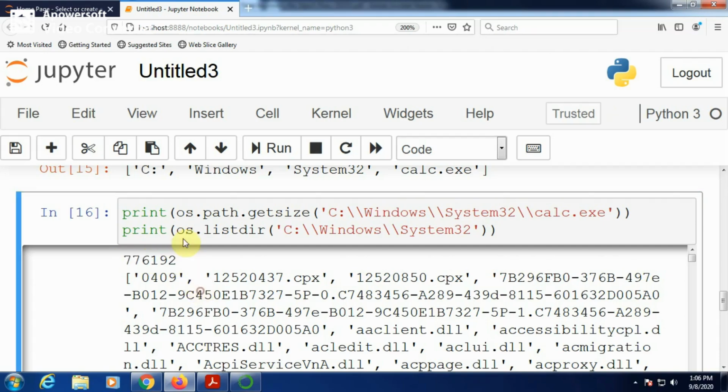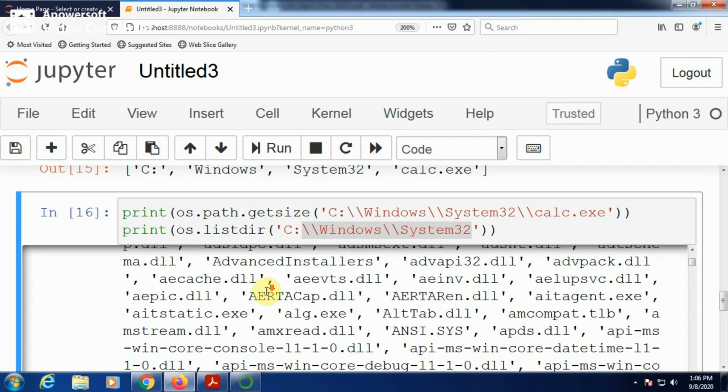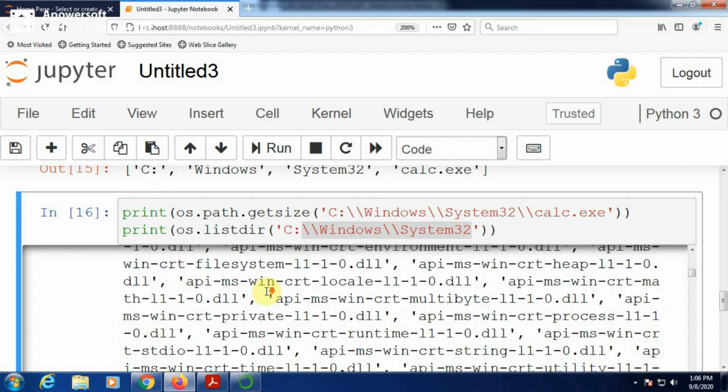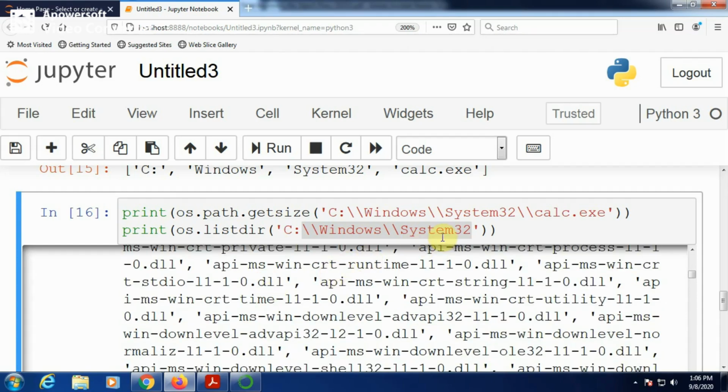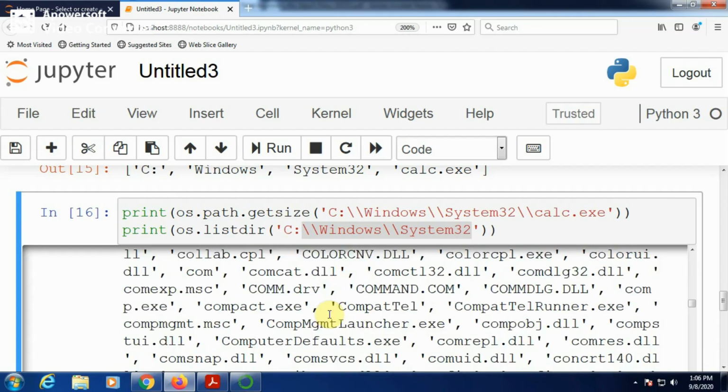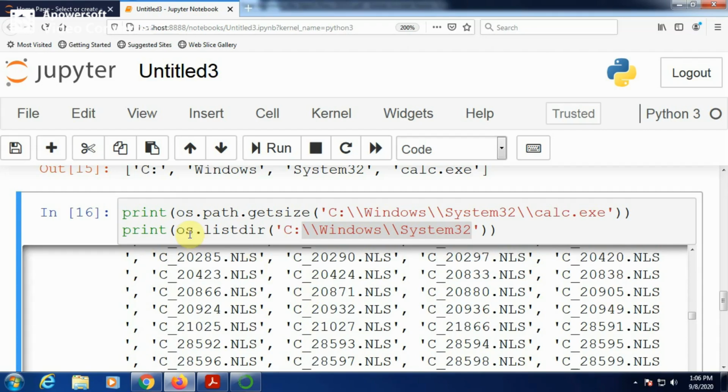And if you use os.listdir on the Windows System32 folder, it displays all the available files and folders, listing all the contents of the System32 folder.